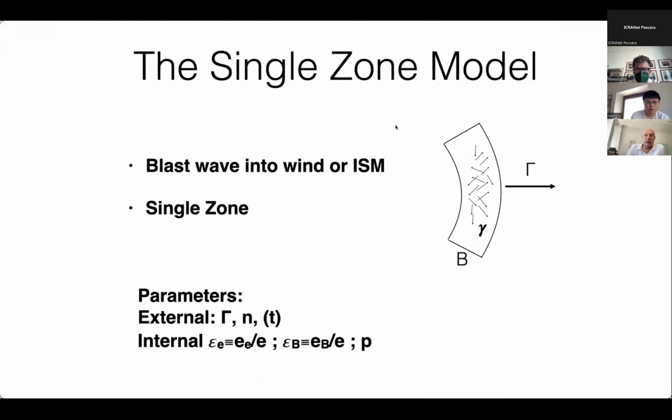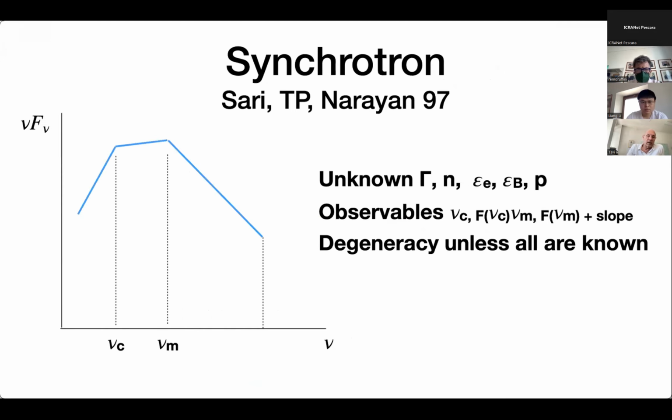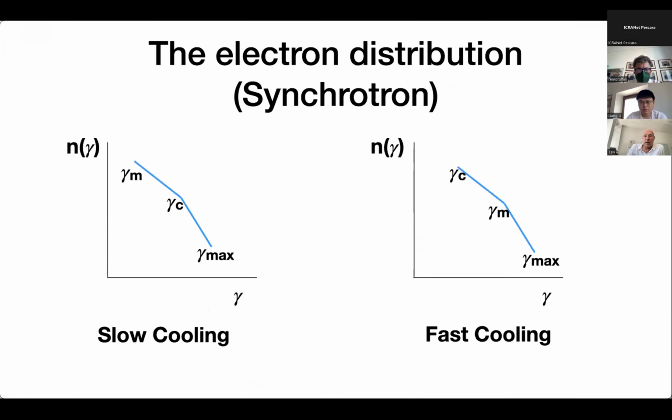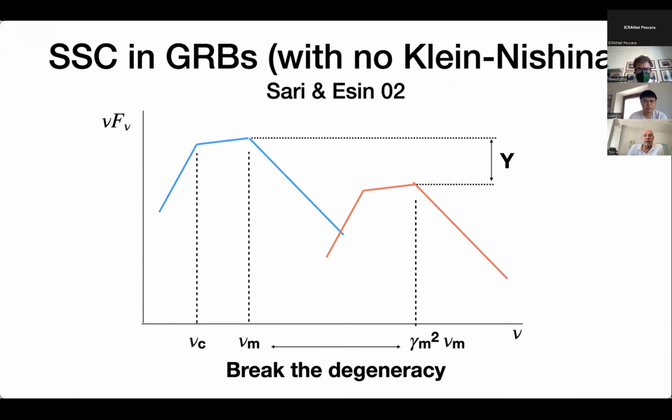And if we take a single zone model here and we model this afterglow and we add inverse Compton to the process, this is just synchrotron, but if we add inverse Compton, we get this inverse Compton, synchrotron self-Compton peak,